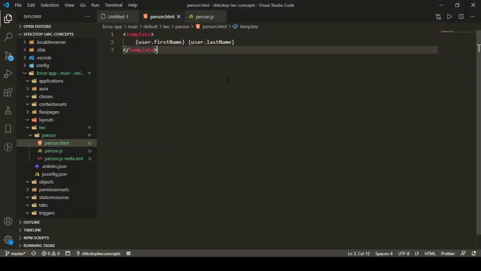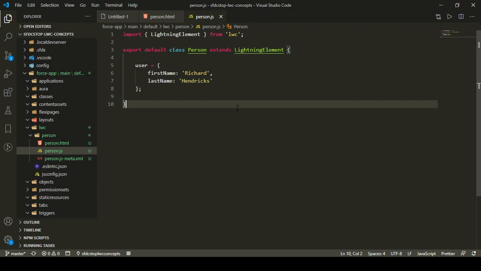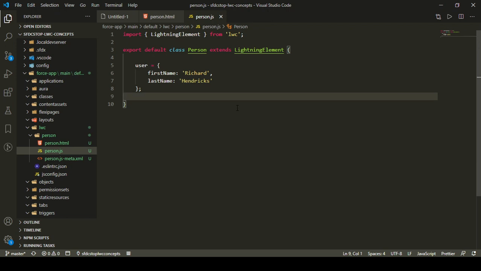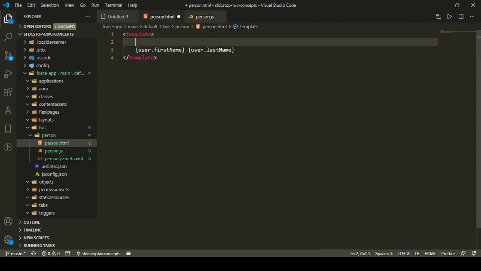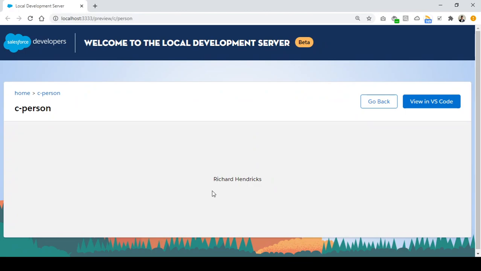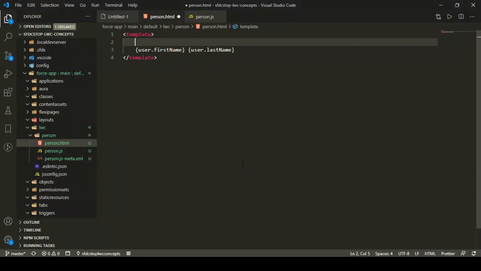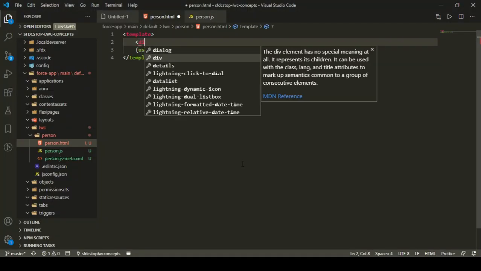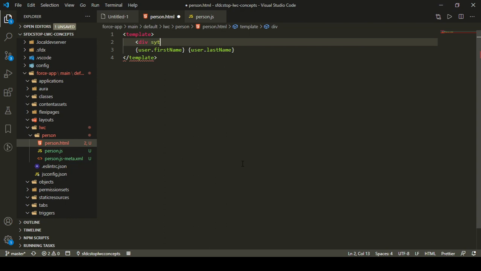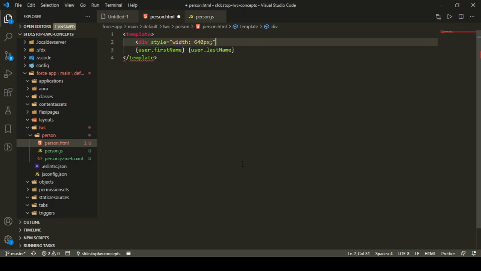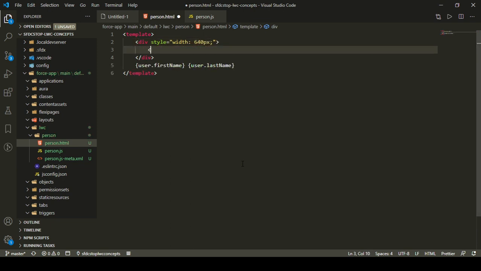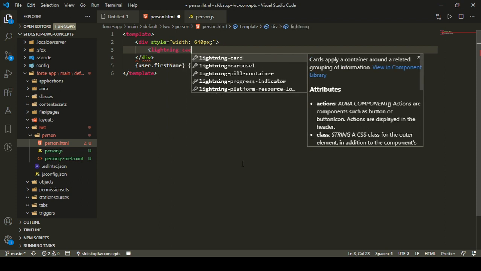So the next thing that we want to do is to have a button, and on click of that button I want to change the first name and last name of my user, right? Let me add some quick HTML code so that it looks a little better, and then we'll add a button over here. Let's add a div. I'm going to use a style tag here to give the minimum width. So width will be, let's say, 640 pixels,